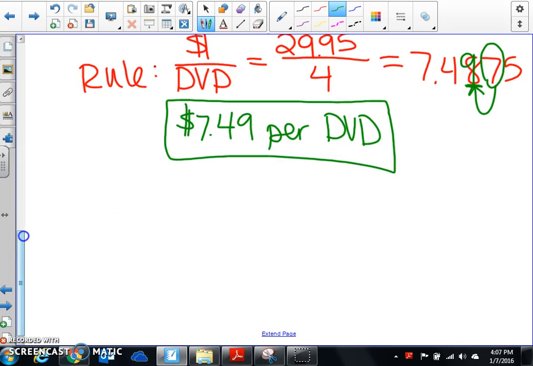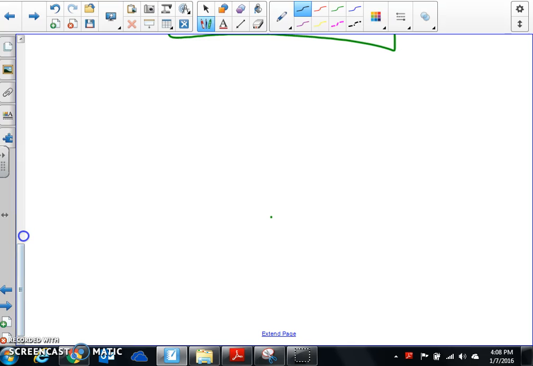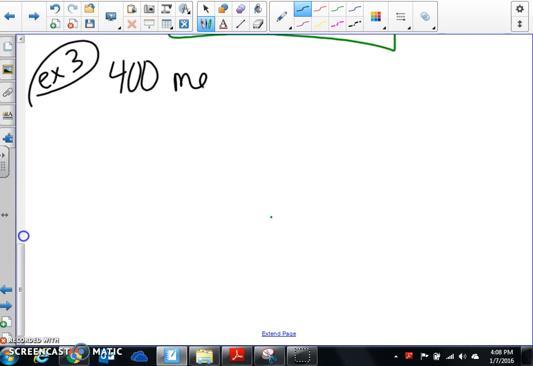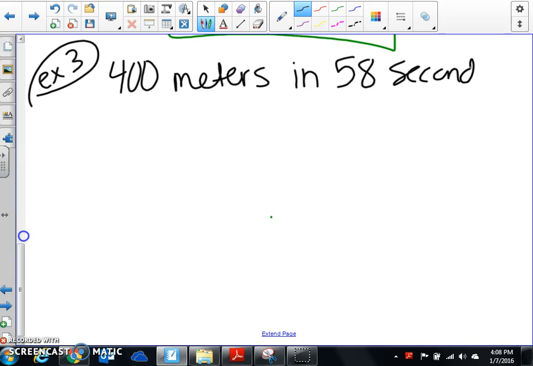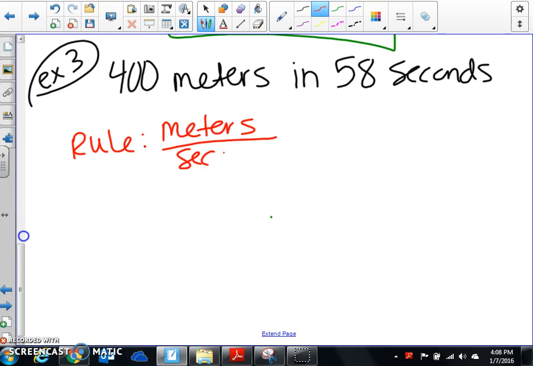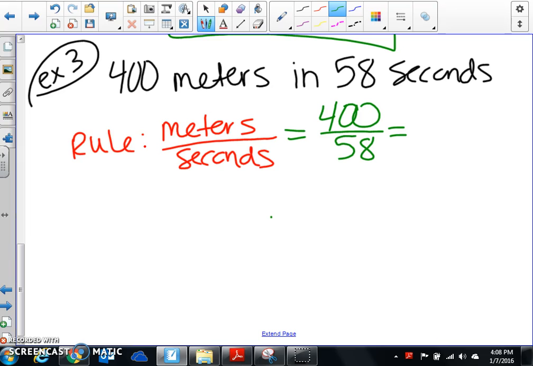Okay, next one. 400 meters in 58 seconds. So I don't see any money. So my rule would be meters over seconds. Now I just plug in my information. I've got 400 meters over 58 seconds. So 400 divided by 58 is